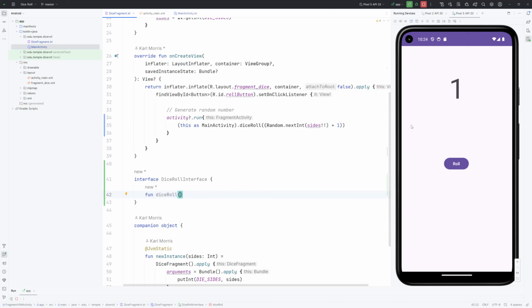And dice roll will take an integer, which we call result. Doesn't matter what we call this here, as long as the type is int. So this is the function that I expect my parent to implement. And then, instead of trying to reference my parent by name, as I'm doing here, what I will do is